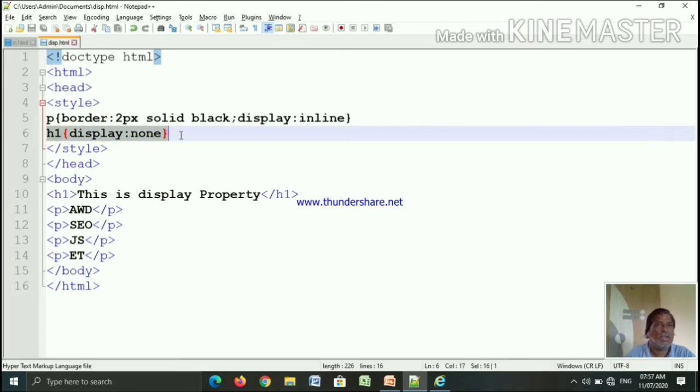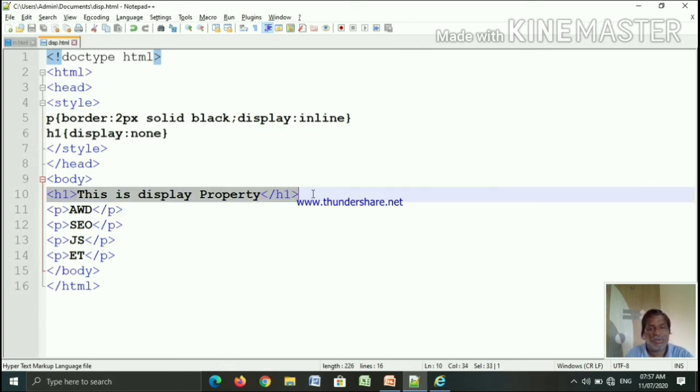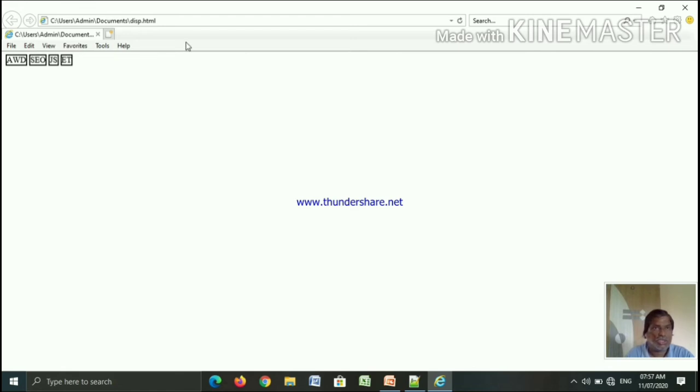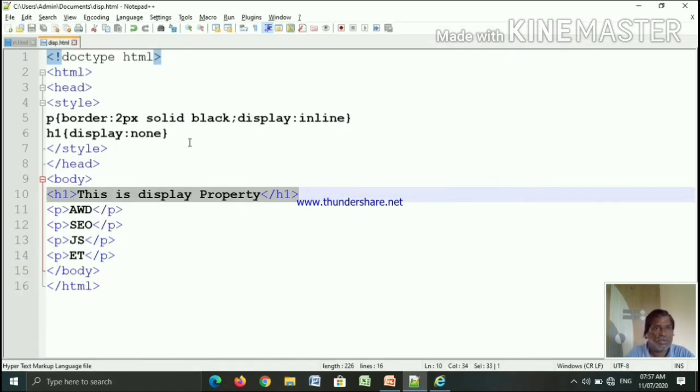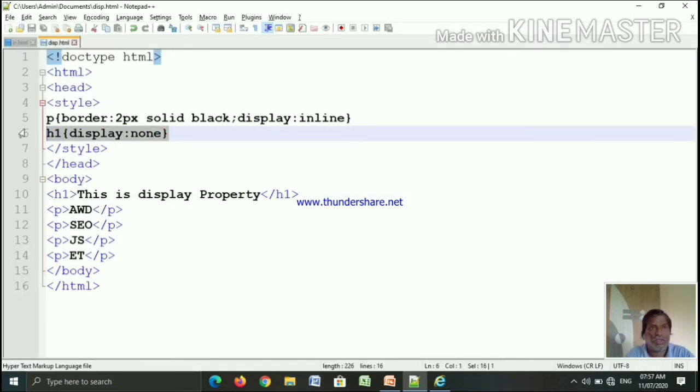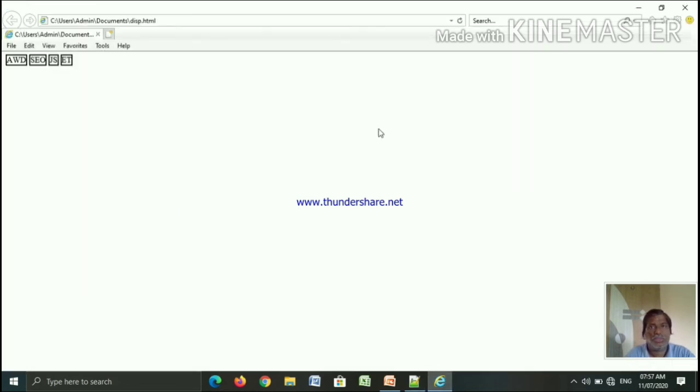So none hides the content. In the source code we have H1, the selector is used in the style and the tag is used in the body section, but when we see the output, it is not present. Suppose we remove it and save this program and come back to the output, we get it.